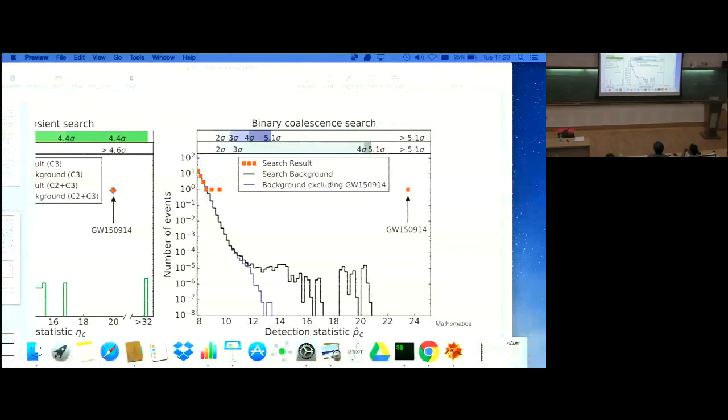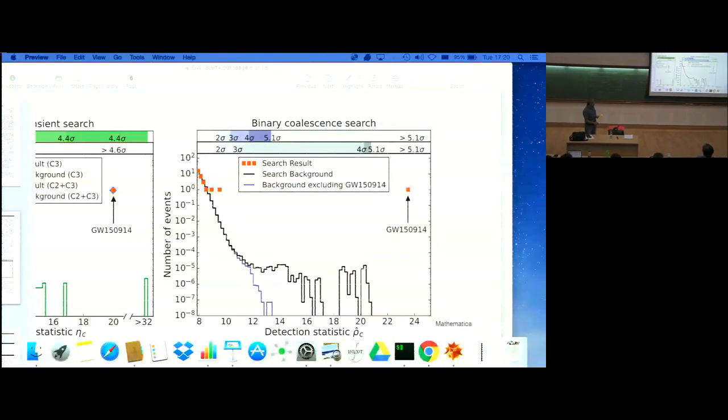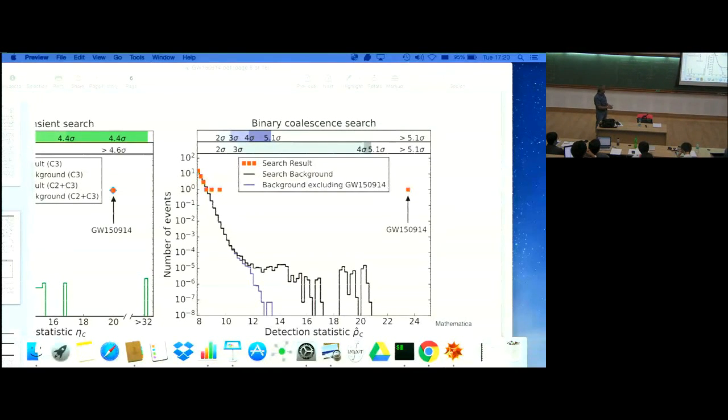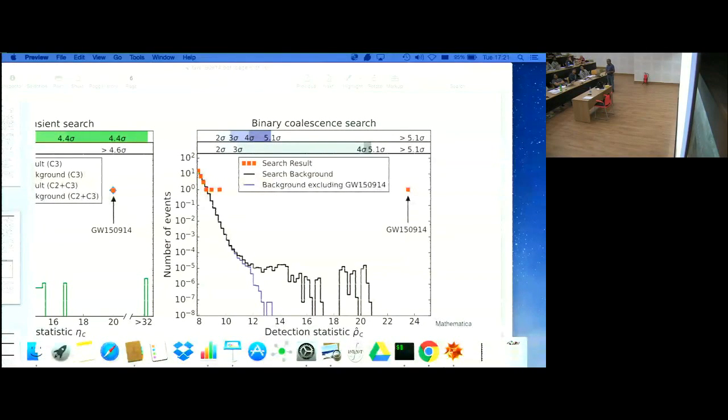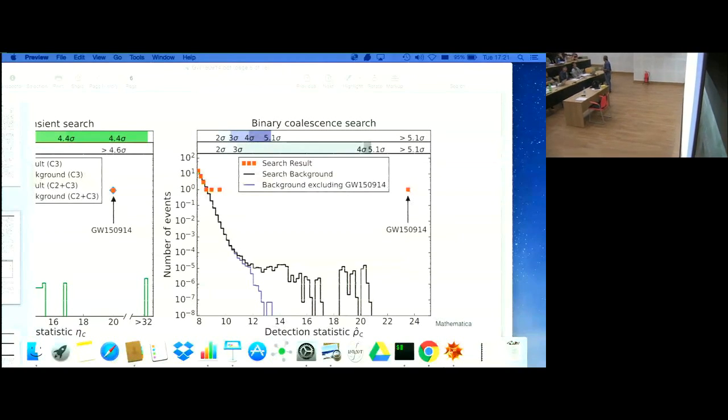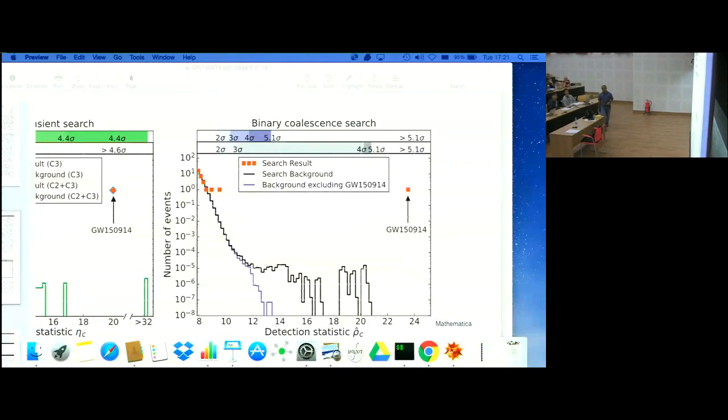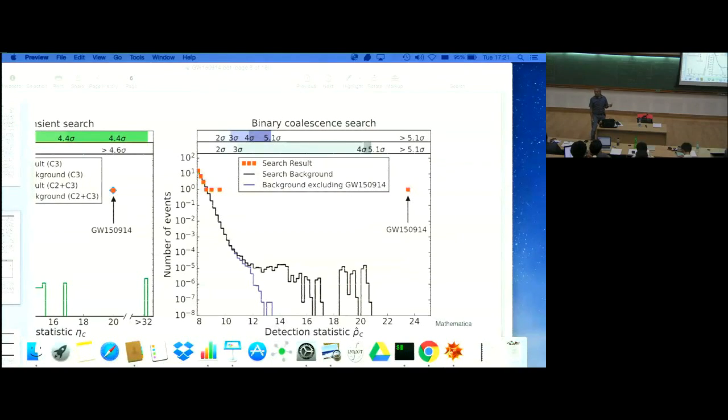And if you do a proper, some of us don't like this, I'm not supposed to say this in public, but some of us don't like this so-called binned plot. A cumulative plot is better in depicting some of these things, but in the end, it doesn't matter. You can see it's too close to the background. We can't have high significance. Even some of the other events here can be true gravitational wave events. We don't know, that's all. And when we measure the parameters, they don't come out very clean. That's the other thing.